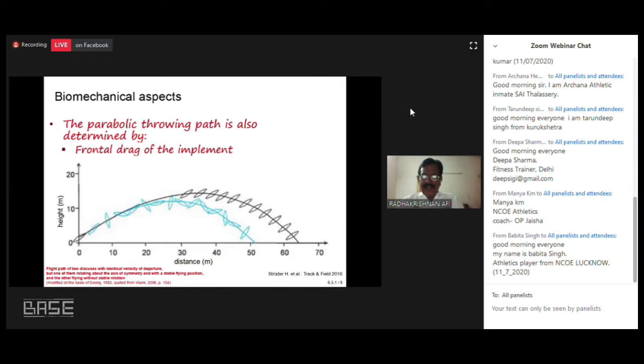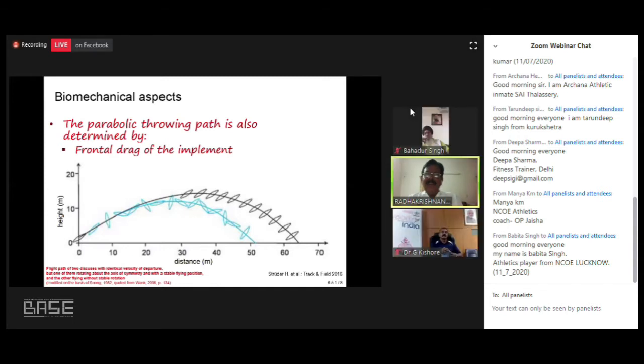If you adjust that, then we will be able to control these biomechanical aspects, which is the drag. For example, if there is a front headwind, you can keep a little less angle of attack, so that the headwind will slightly lift the discus on the parabolic path, and it will get a much better flight, and by that they can achieve a good distance, sometimes much better than their training best.